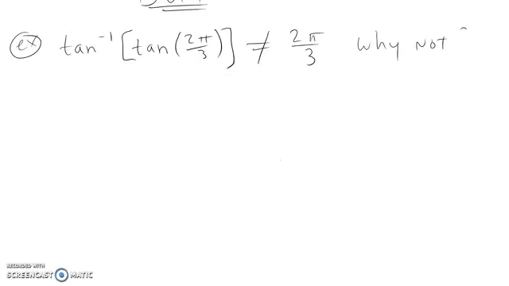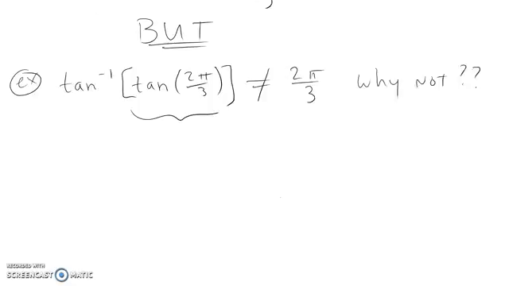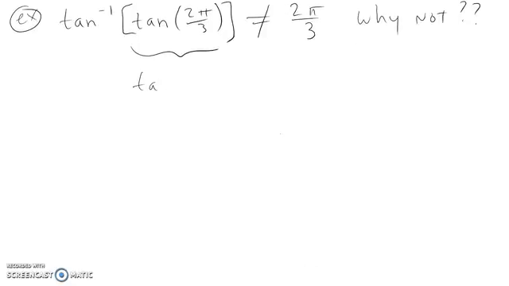So now we're going to answer the question, why not? Let's start with the inner function just like we did before. We know that tangent of 2 pi over 3, if you work it out, ends up being negative square root of 3, because 2 pi over 3 is in quadrant 2, where cosine is negative. So instead of getting a positive square root of 3 like we did